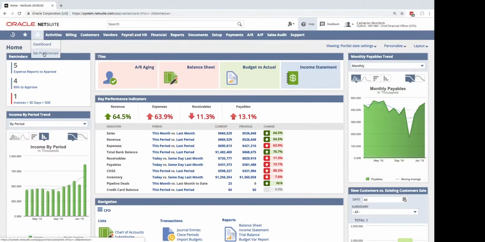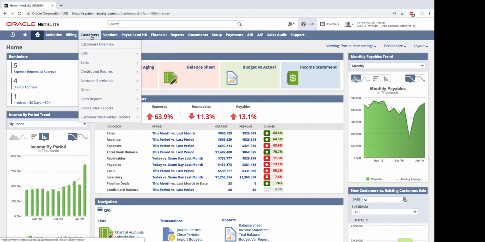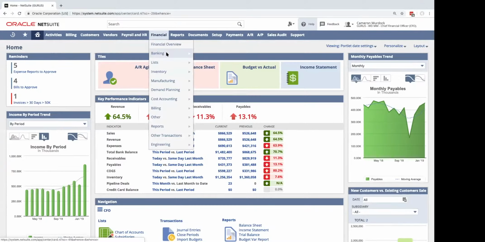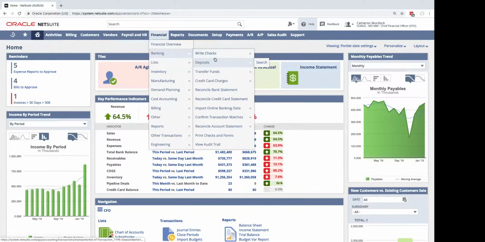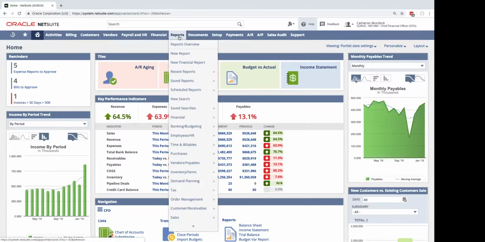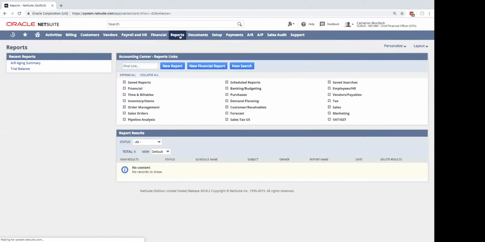And beside that, I see a list of centers. Now, centers are also configurable. And what they do is they list out categories of different links into the system, maybe writing checks, deposits, etc. A good example of how a center is used is actually not only by listing these categories and links, but also when we click on this center, it'll show us these links in a dashboard view. For instance, the report center, it's going to show me those same categories, but listed in a portlet here, categorizing each of the saved reports, searches, and just other categorized reports that we might have in the instance.